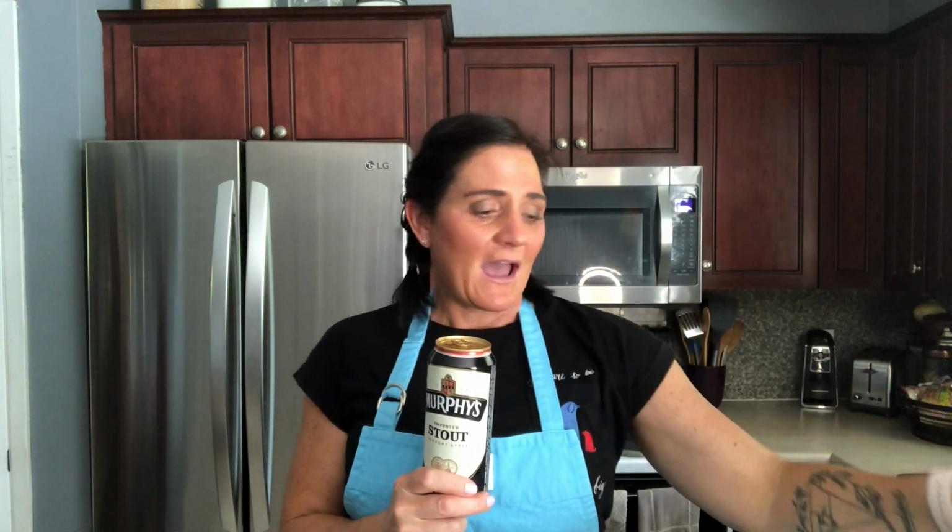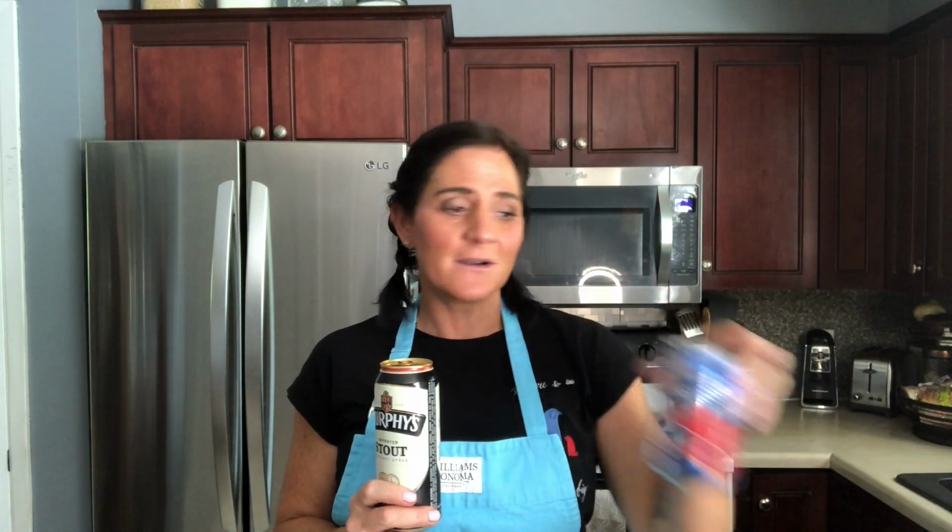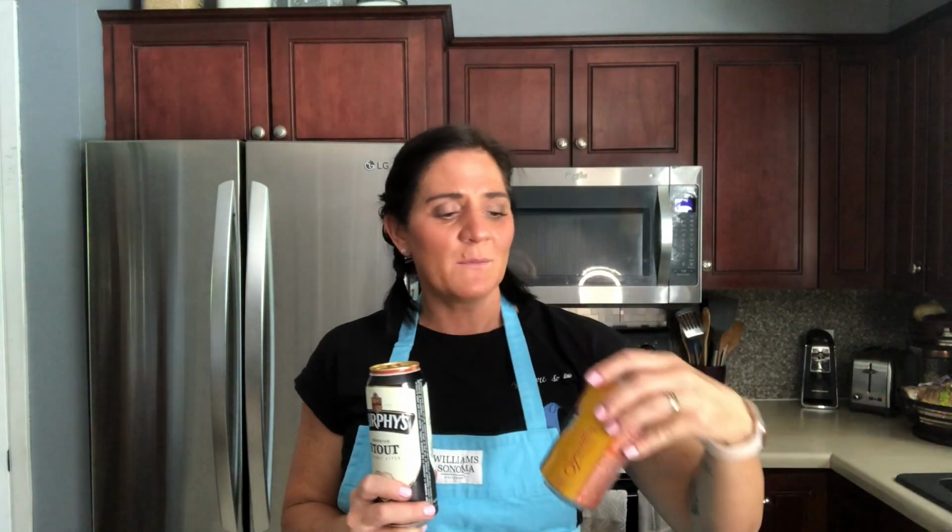We're gonna do 3 different kinds of beers. We're gonna have a dark beer, a stout, and then we are going to work our way into a Hefeweizen beer, and then we're going to take ourselves all the way down to summer into a golden ale. We're going to mix different ice creams that go with each one of these, and we're going to garnish them up just right. So stick with me here real quick, and we're going to put together 3 of the best beer floats your